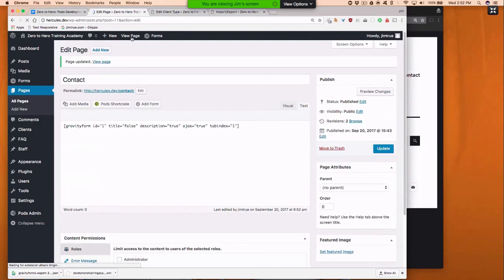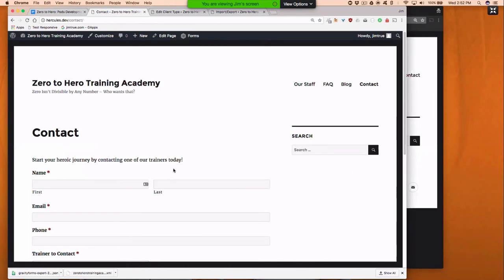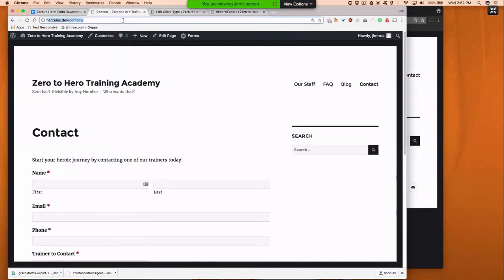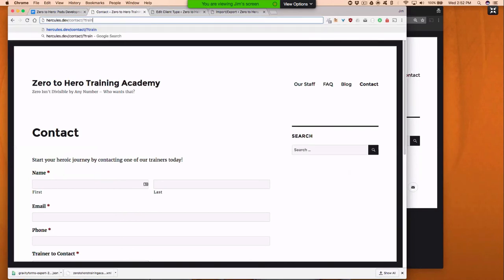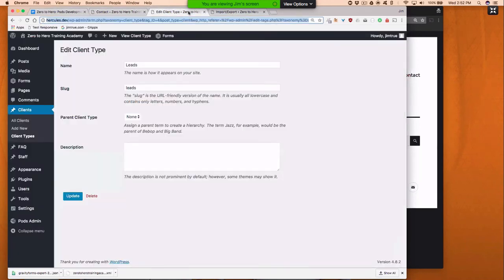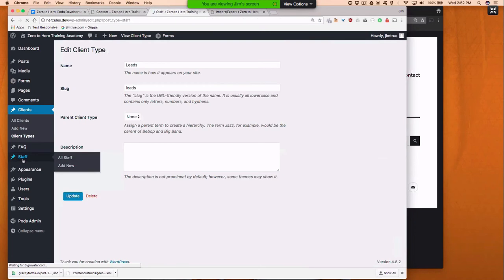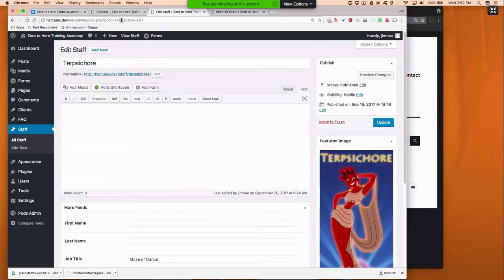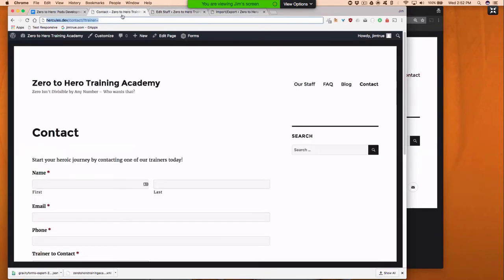So, okay. If we view this page now, it should have our contact form in it, and by default it's showing Hercules. If we now want to override that, we can go trainer equals, and let me find one of those trainers. Let's see, trainer staff members. Philoctetes, let's do Terpsichore. She's 145, post ID 145. See that 145 there? So if I go trainer equals 145,